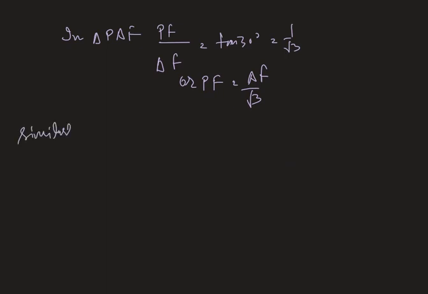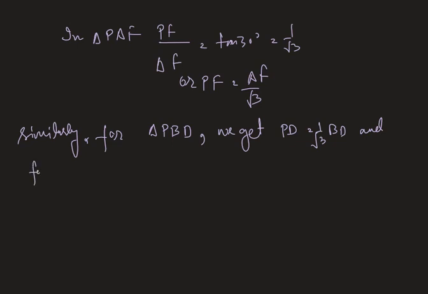Similarly, for triangle PBD, we get PD is equal to 1 by root 3 BD, and for triangle PCE we get PE is equal to 1 by root 3 CE. ओके,